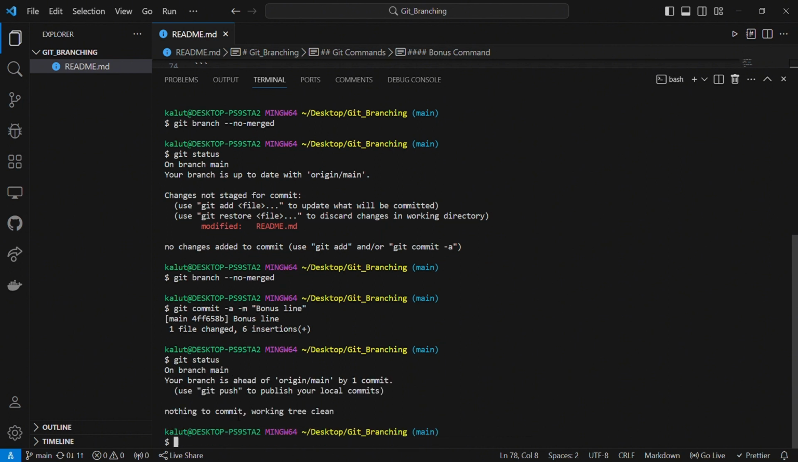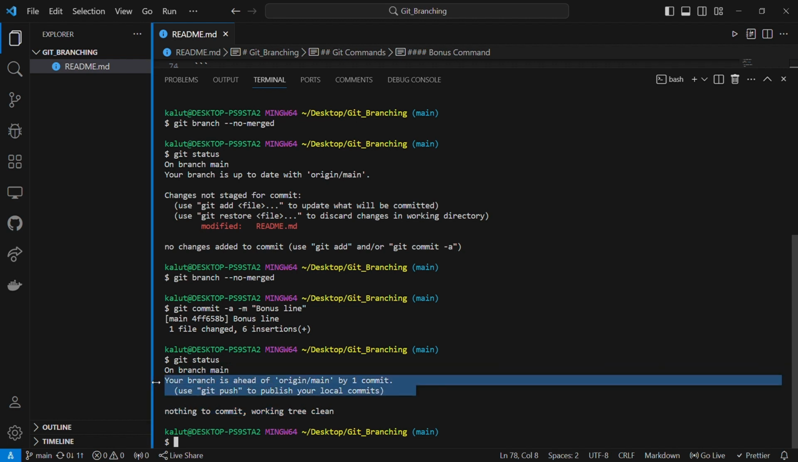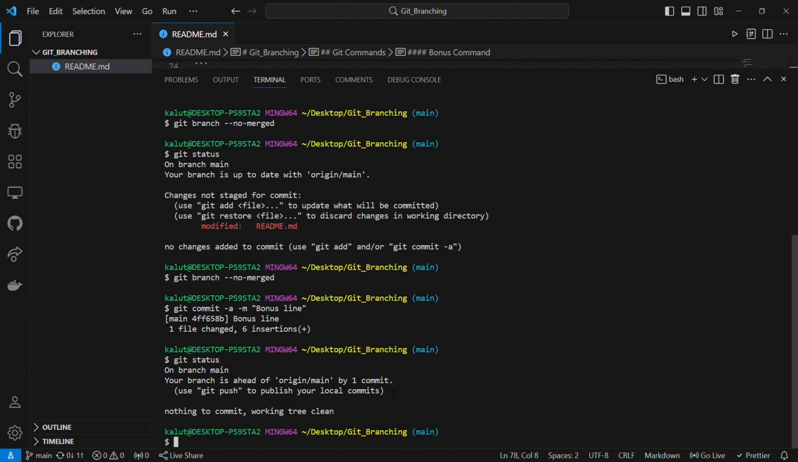So here you notice that it tells us that there is nothing to commit because our working tree is clean, but it also reminds us that our branch is ahead of the origin main branch by one commit. So it asks us to use git push to publish our local commit. Also, when you type again git branch, once again --no-merged,